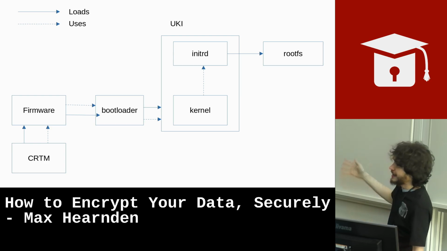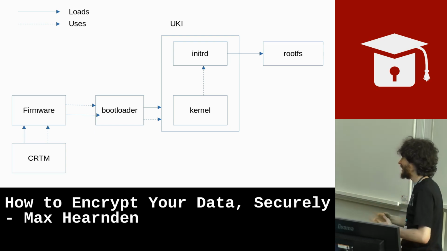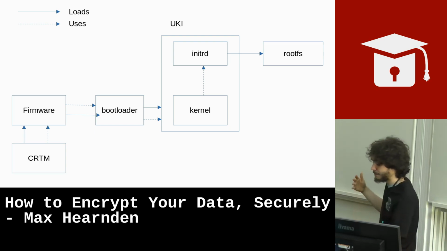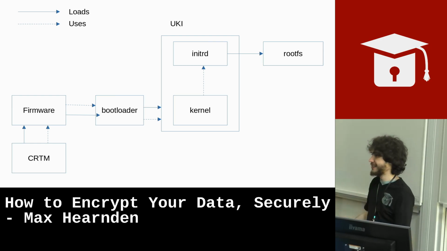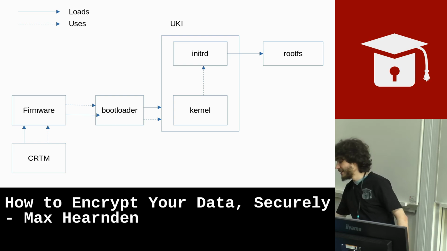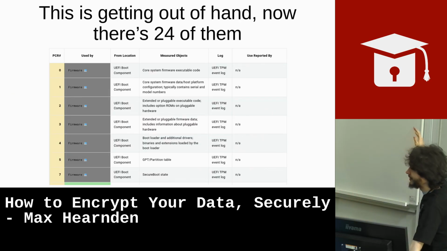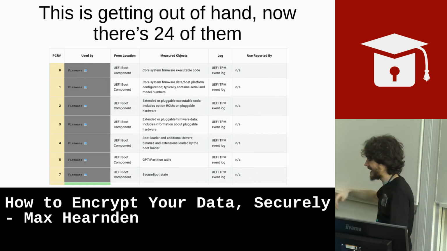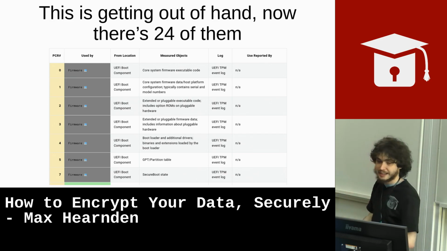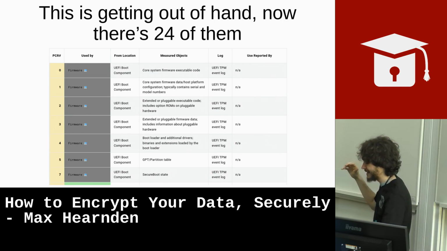Now, platform configuration registers are nice, but we need to be able to say we only care about some of the stuff that's measured into them. So what's done instead is, there's actually 24 of them. I've included the ones that are relevant to firmware. There's also ones that are measured after the firmware has finished its job. This is from the UAPI group,